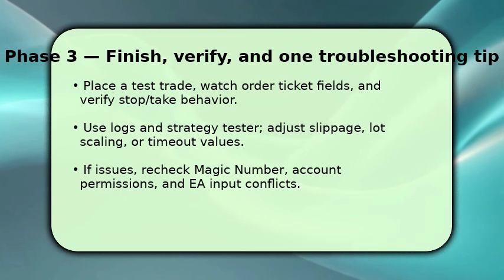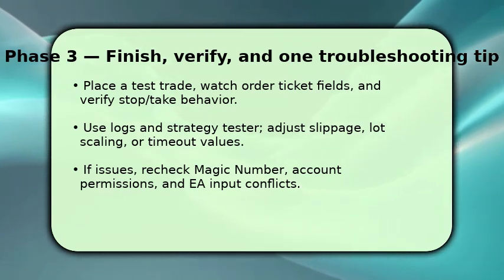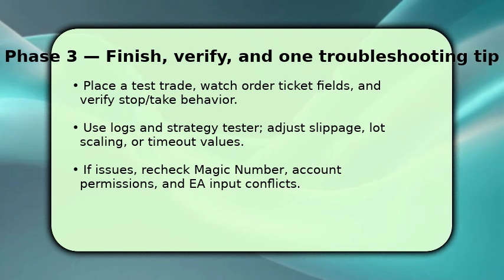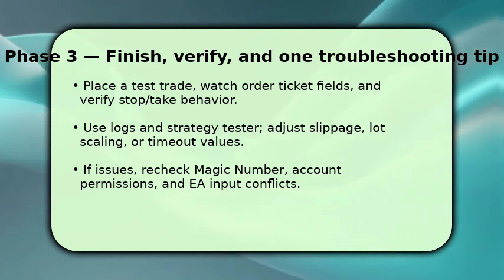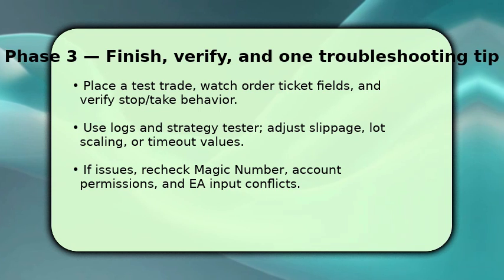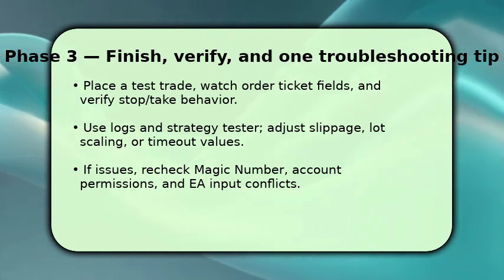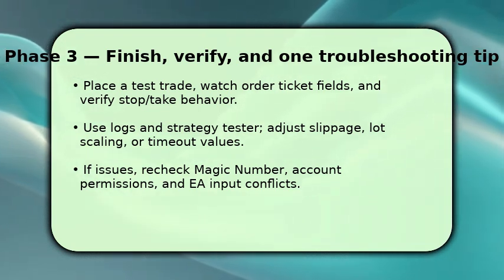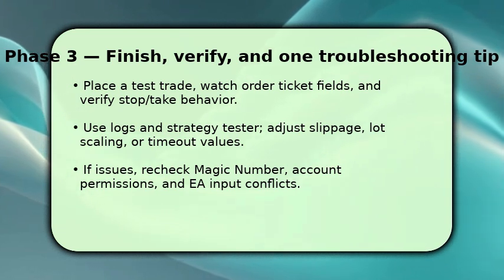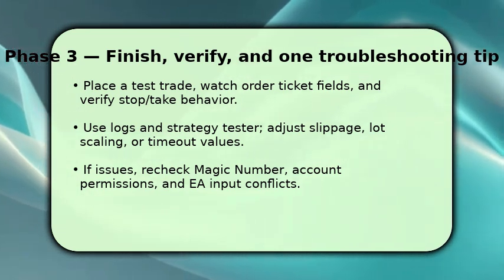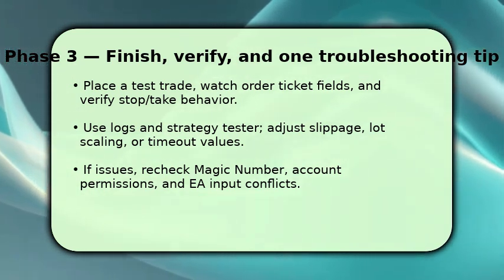Execute a controlled test trade so you can monitor behavior and confirm the trade manager applies stops, break-even, and partial closes correctly. Watch the order ticket and the EA's log for confirmations or error messages. If results diverge, use the strategy tester or demo account to iterate while adjusting slippage, lot scaling, or timeout values